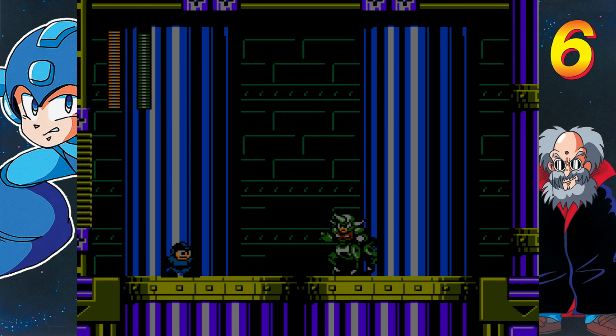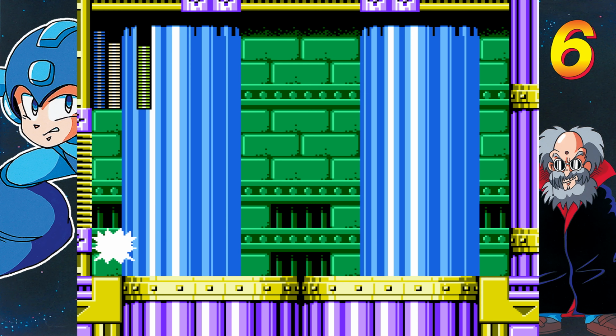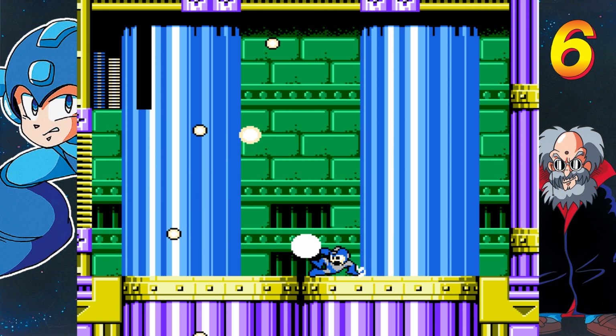Oh, stupid. No, it did hurt him. Good, okay. It did still hurt him. The Night Crusher shoots in a straight line. I think, yeah, it also homes. I don't remember exactly how it works. It doesn't really matter, though, because Centaur Man's really easy. And he gives us...